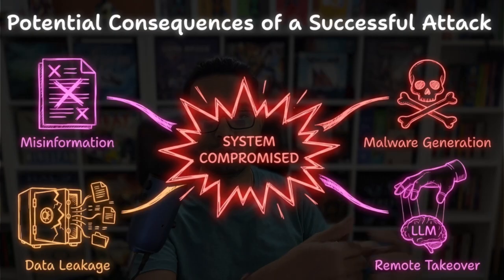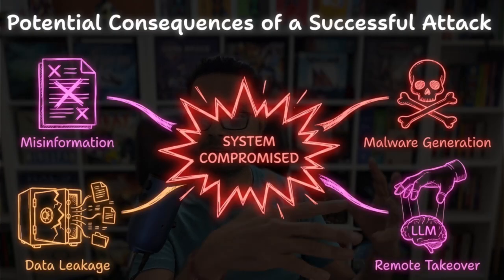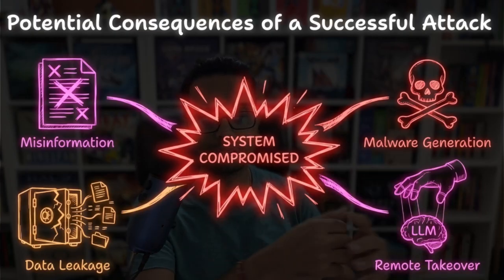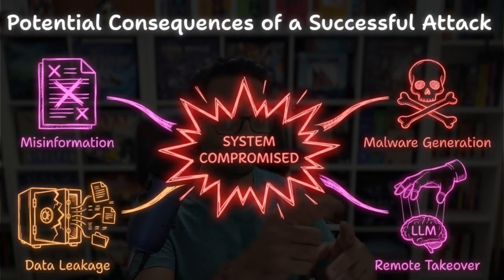You don't get to know what you wanted to know, or you probably get absolutely reverse information. There is data leakage, which is kind of an exploit that we were talking about. There can be malware generation, which is again due to an exploit that hackers can push into the system, and then remote takeover of the LLM, and then the hackers can basically try to use the LLM the way they want, right? Whether it is getting a car for $1 or getting a 60% discount every time the hacker books a flight.